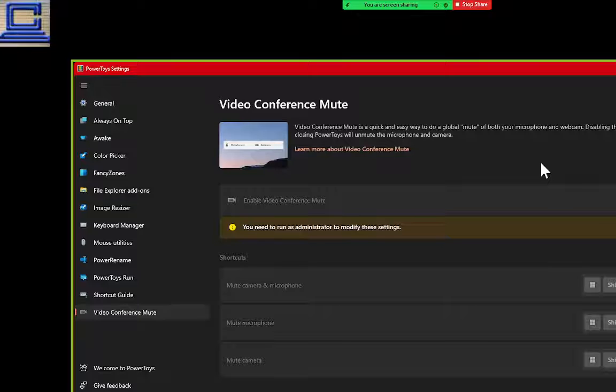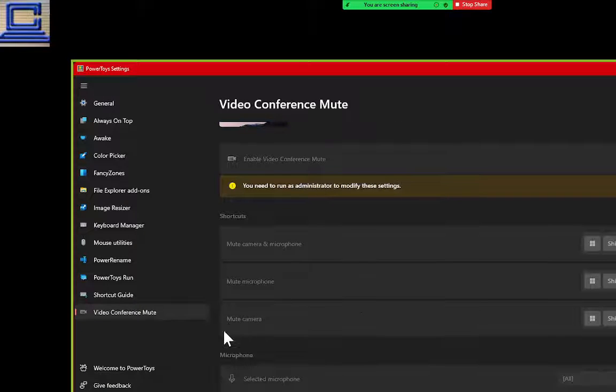There are video conferencing applications, and Zoom may be one of them, where even if you mute your microphone, the program is still listening. Yeah, well, that could be, and that's a real possibility as to what the purpose of this is. And it even has one here that says mute the camera, which I didn't know you could mute a camera, but